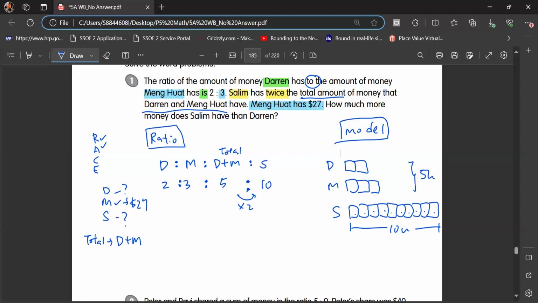Then the complicated part is the last part. The last part asks for difference. But it's how much more money Salim has compared to Darren. It's Salim versus Darren. How much more? So Salim versus Darren is actually